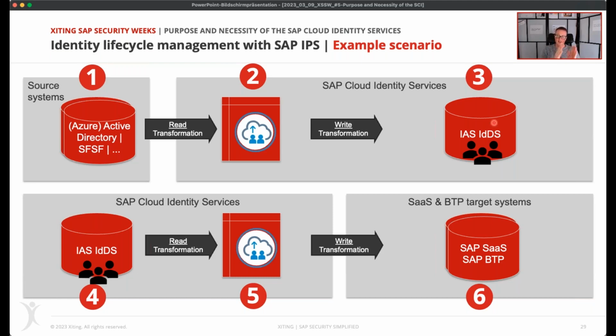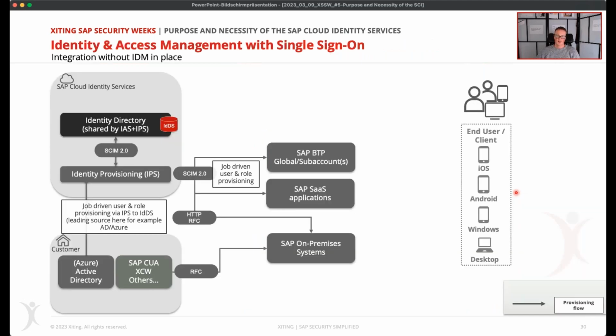But then they are also transported to the connected cloud applications, and that's steps 4 to 6, based on a job schedule. So now the new master is the identity directory because it consolidates all your user identities. It already contains, in the best case, all the required attributes that you need. So you don't need to attach multiple sources anymore to connect to your many SAP SaaS applications and also BTP sub-accounts. That's the idea.